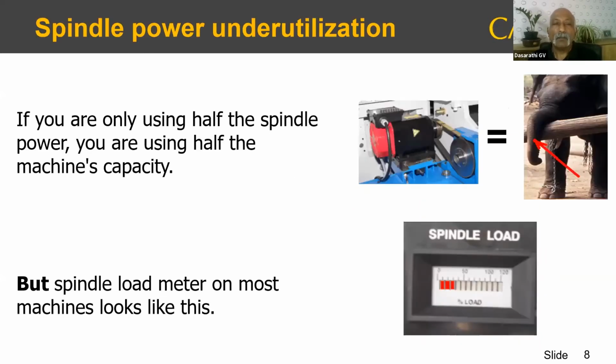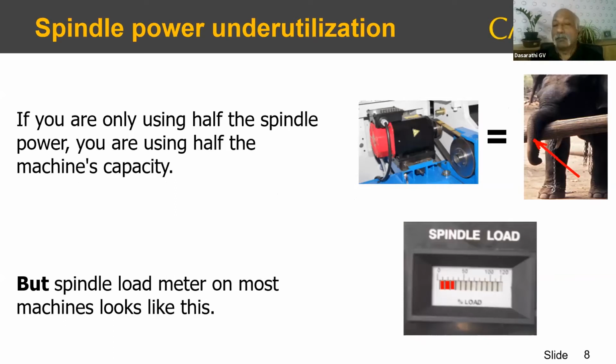Now, the thing is that the motor on the machine is the equivalent of the trunk on the elephant, right? The elephant's trunk is the thing that's really carrying that heavy load. Same thing in a CNC lathe, the spindle motor is the one that is really carrying the heavy load, which is primarily responsible for the cutting.